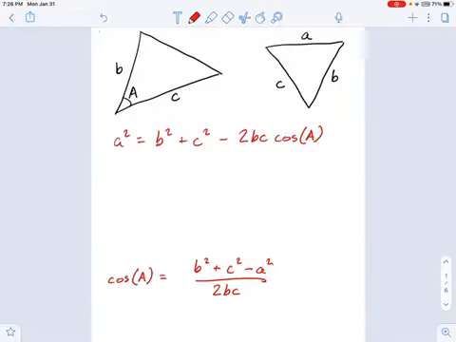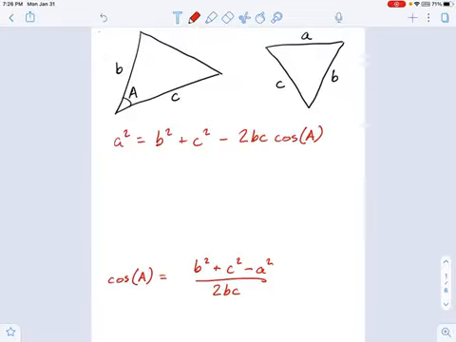Now, I'm not going to go into a specific example here, but I want to show you several other forms of these equations. And I hope you'll notice some symmetries about them, some similarities between them. a squared equals b squared plus c squared minus 2bc cosine A. Does that seem familiar? This is basically the Pythagorean theorem with a modification. And that modification is there because we don't have a right angle. The derivation of these things is actually quite nice, but we're not going to go into that here.